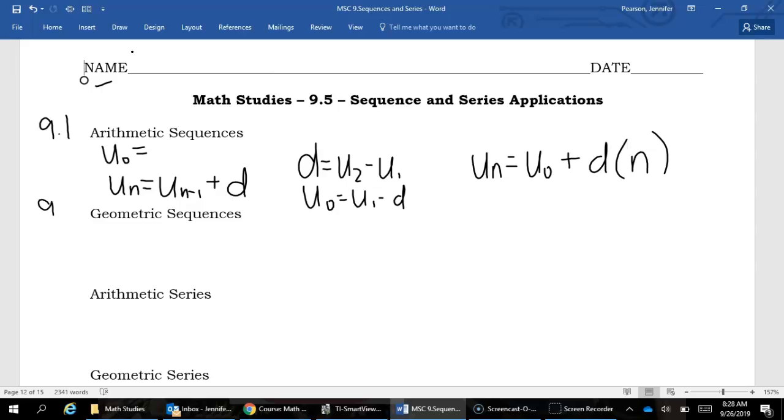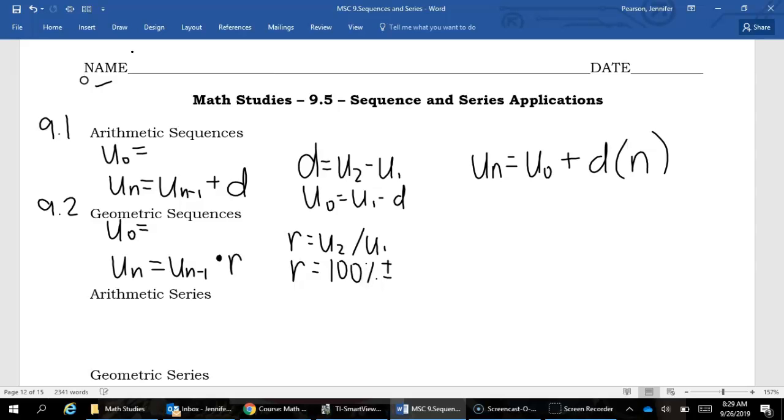Geometric sequences we looked at in lesson 9.2. The recursive formula looked like that. If we needed to calculate the ratio, we had a couple different ways. The main way from a list of numbers is dividing. Or we could do 100% plus or minus the given percent, depending on if it was an increase or a decrease. If we wanted to go into the explicit formula, we would need the zero number times the ratio to